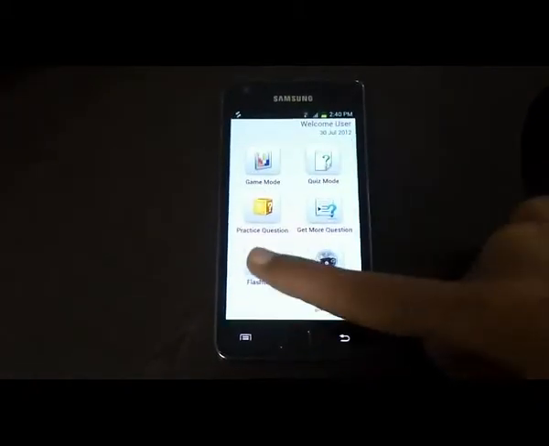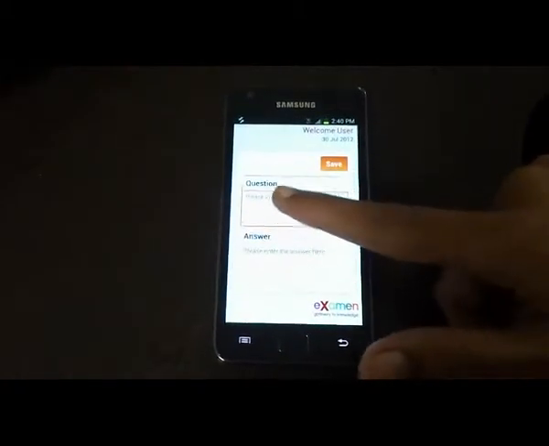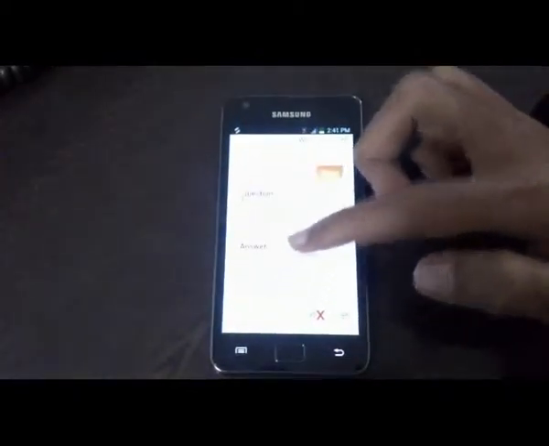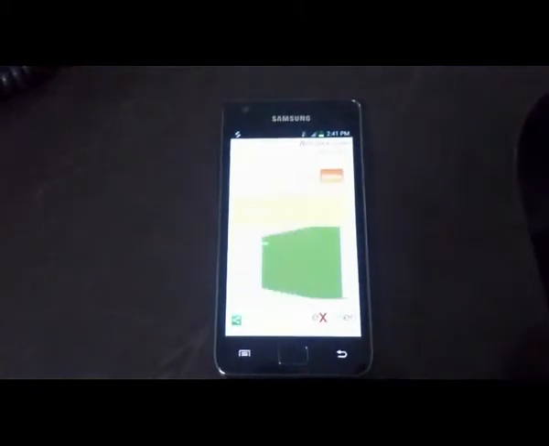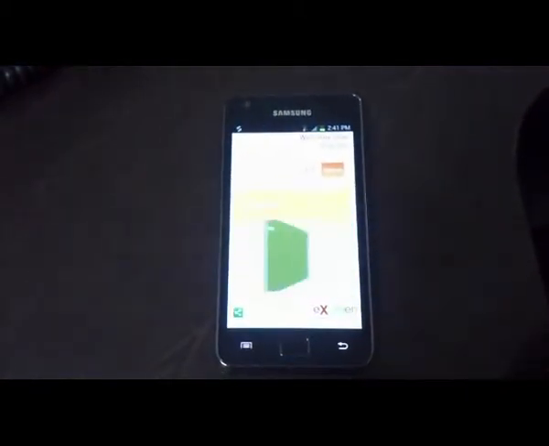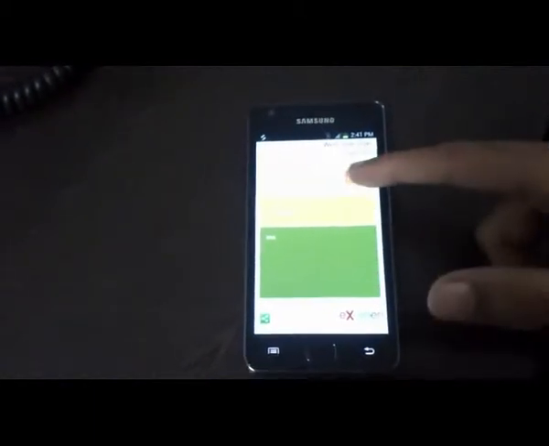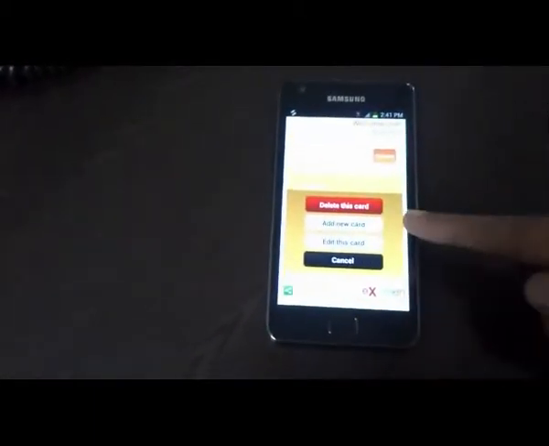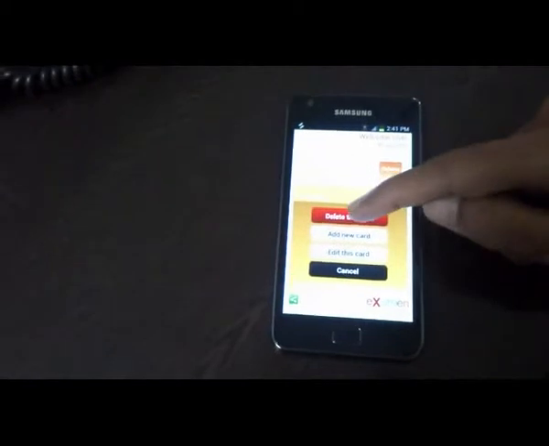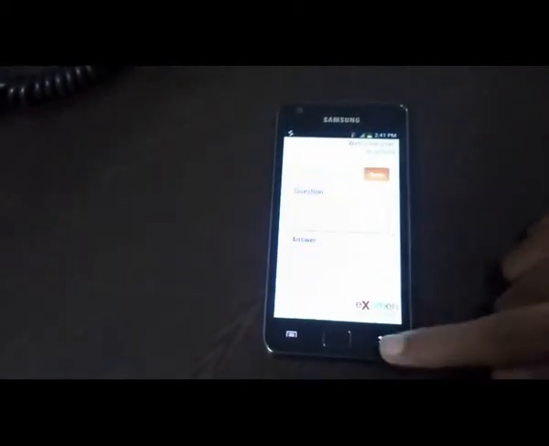Flashcard. With flashcard, the user can add their own question and answer options. The flashcard can be saved for later use. The user can select his favorite flashcard, which displays the detailed description of the question. On tap of the card, it gets flipped to show the respective answer. Here, the user gets an option to share and tweet the flashcard with Facebook and Twitter. The page has an options button, which has delete this card, add new card and edit this card to manage the flashcard, and it does the function as the name says.